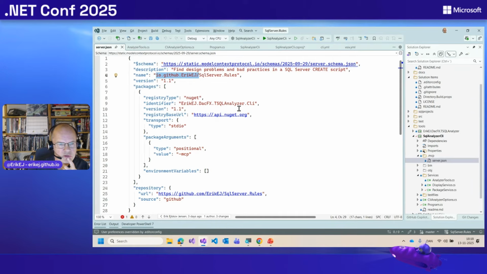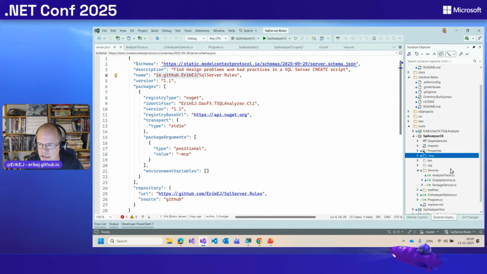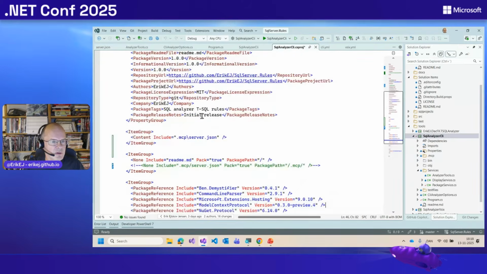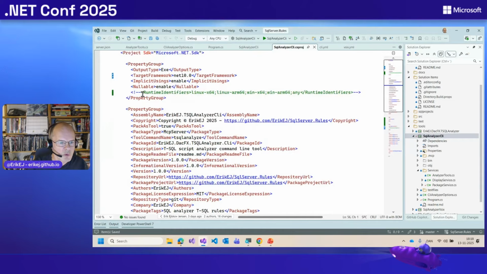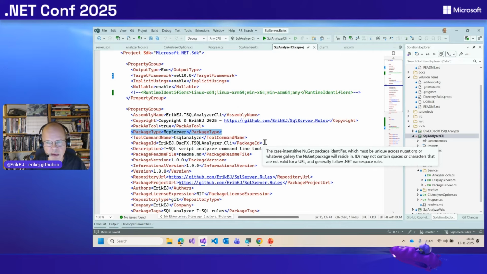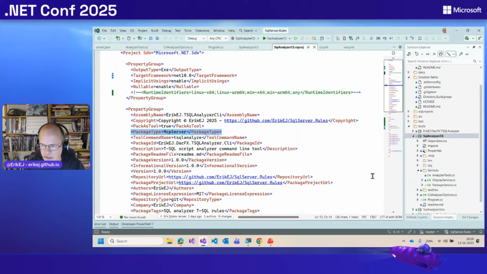This will make it available as a tool, and in order to do that, you first have to author this file, and then add an additional property to your project, which is this new package type added in .NET 10, called MCP server. So you're telling the NuGet pack command that this is a special type of tool that is an MCP server, and then it becomes published as an MCP server.